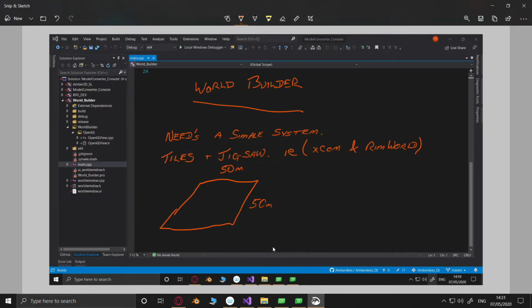And then I'm going to lay these tiles out in two different shapes to make a jigsaw. The first shape will be that plus a lug on each side.